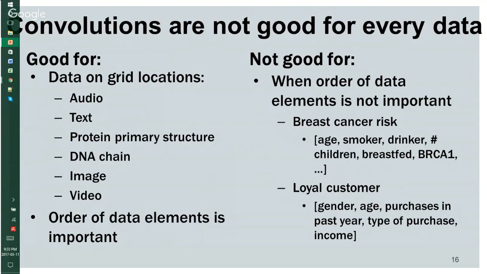For certain other kinds of data, let's say if you have a data vector, and if you permute dimensions of that vector, and the meaning of the vector doesn't change, convolutions are not the right way to analyze it. So for example, there's a famous breast cancer data set where you have patient factors like age, whether she was a smoker, whether she used to drink, whether she breastfed her kids, whether she had a BRCA1 mutation and so forth. So in this case, if you permute these dimensions, you can get a very